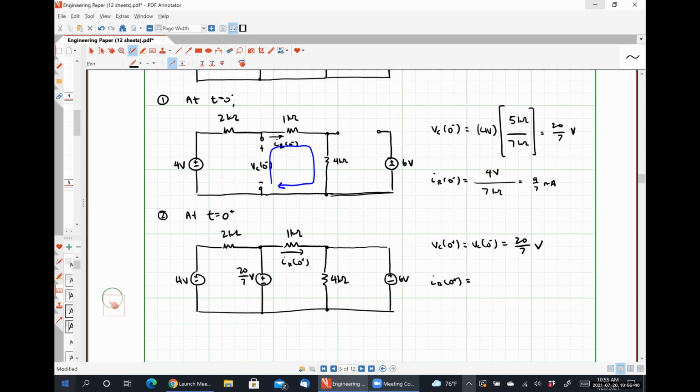By KVL in that middle loop. Middle. Okay, I mean, can you do nodal analysis? Because you can say that bottom node's your ground, and then you have 3 voltage sources, so that would give you like 3 supernodes. So